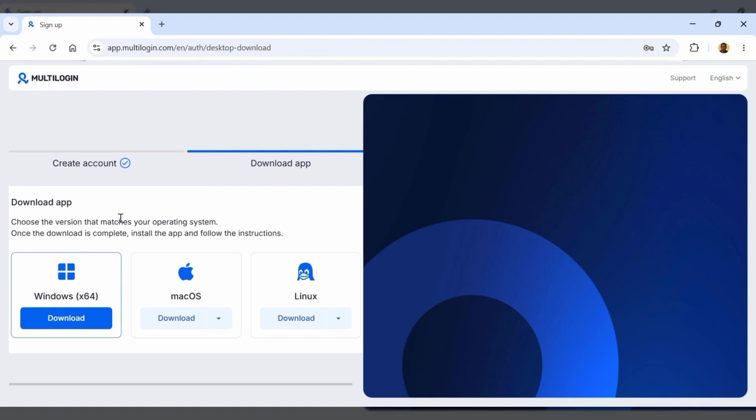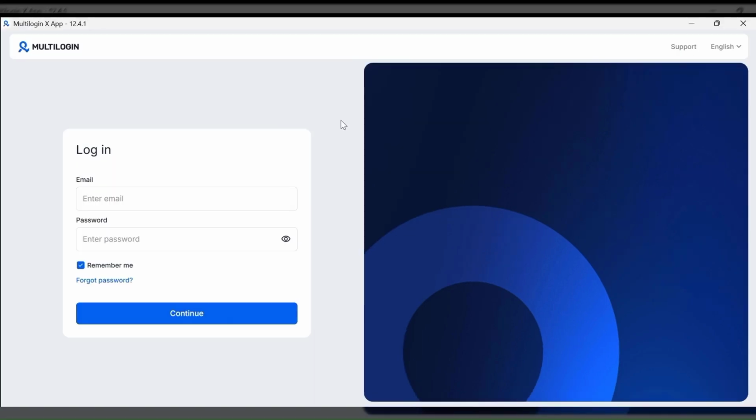Now you need to have the app on your operating system, because this cannot work on Android. I've tried it, but it did not work on my Android device. You need either macOS, Linux, or Windows. That is the only way you can make use of this. So I'll need to install the app. I'll install this, and once I've installed it, I'll let you know and show you what to do in the next